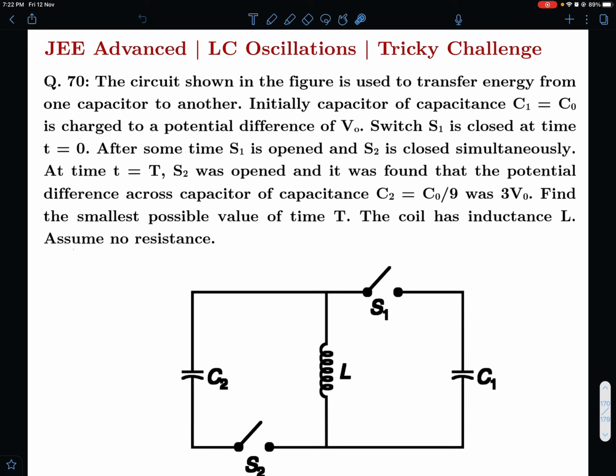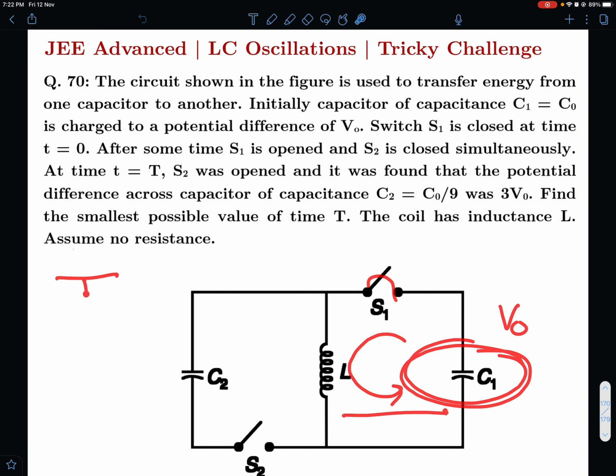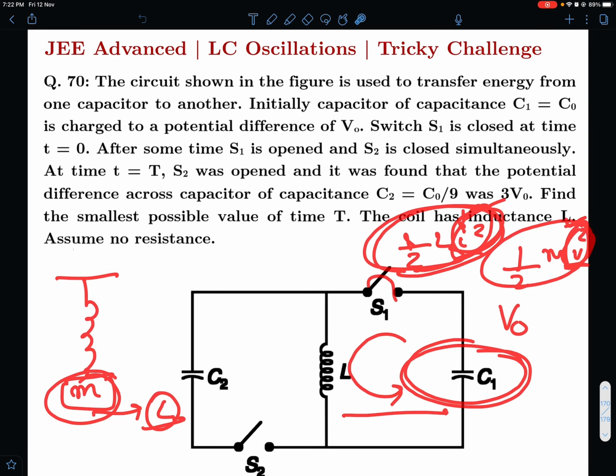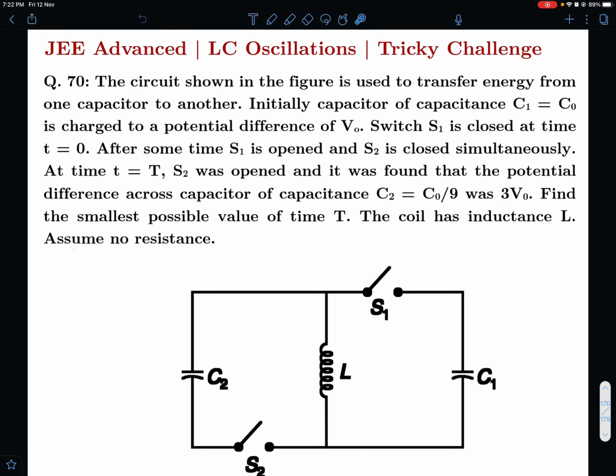Okay, so first of all, the phenomenon: this is charged to V0 and you see this LC oscillation is comparable to spring mass system oscillations, right? Whenever we have a spring mass system, you know that mass is analogous to inductance. Why? Because kinetic energy is half mv square and the energy stored in inductance is half Li square. So by comparison, if you compare magnetic energy to kinetic energy, i is the rate of flow of charge and this is the rate of change of displacement. So charge is analogous to displacement, current is analogous to velocity, and L is analogous to mass.